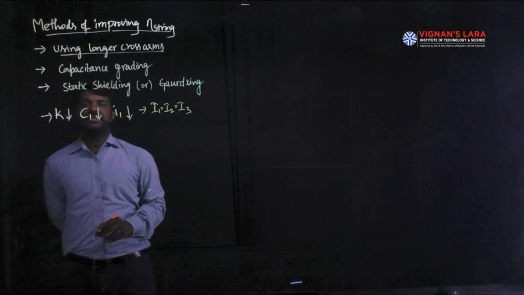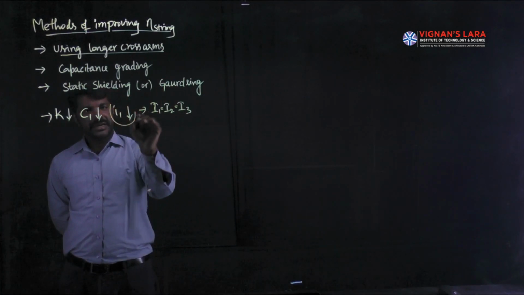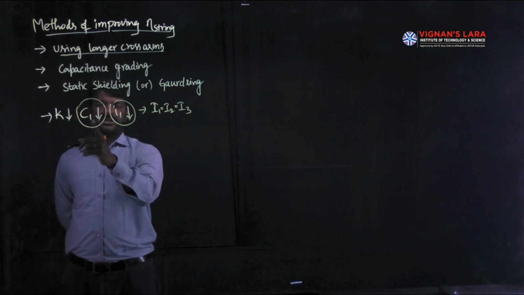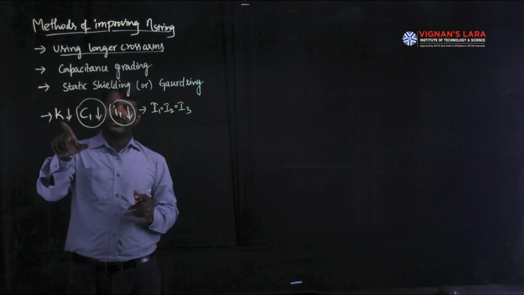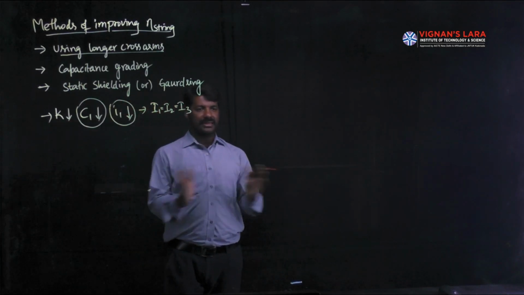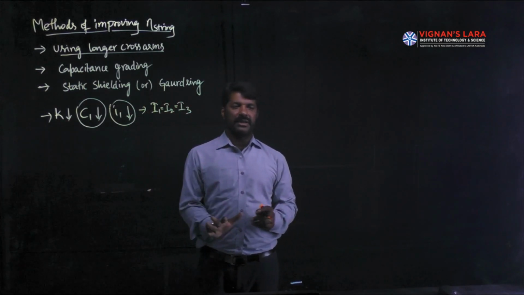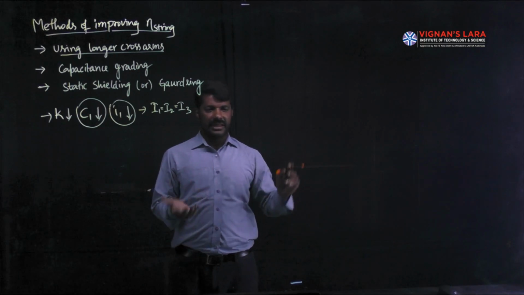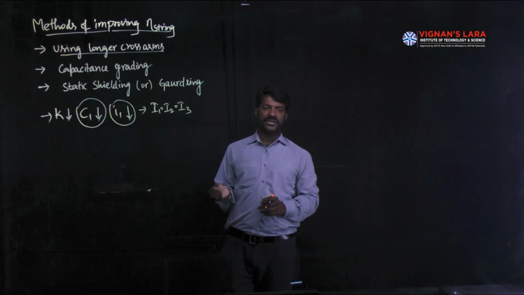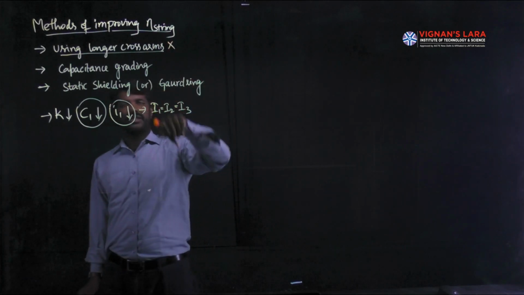But the problem here is, to make the currents equal among all the units, we have to decrease this current I1, which is possible with a decrement of C1, the shunt capacitance. This shunt capacitance C1 can be decreased if and only if K gets decreased. How to decrease this K? K is decreased by increasing the length of the cross arm, which is not preferable because it is not an economical method. If the length of the cross arm is increased, then the tower structure gets increased. If the tower structure gets increased, then obviously the cost of installation gets affected. That is why this method is not used frequently.